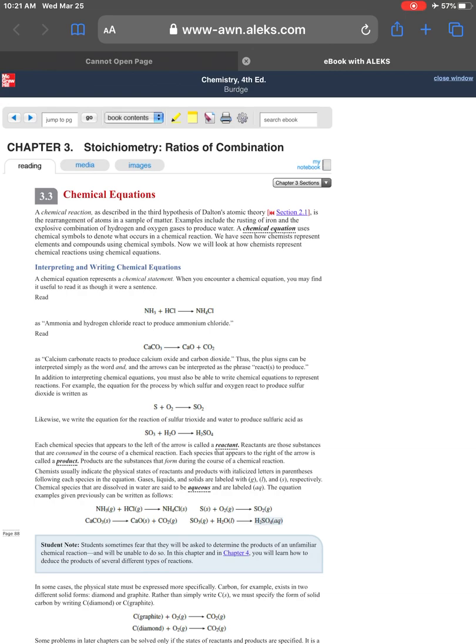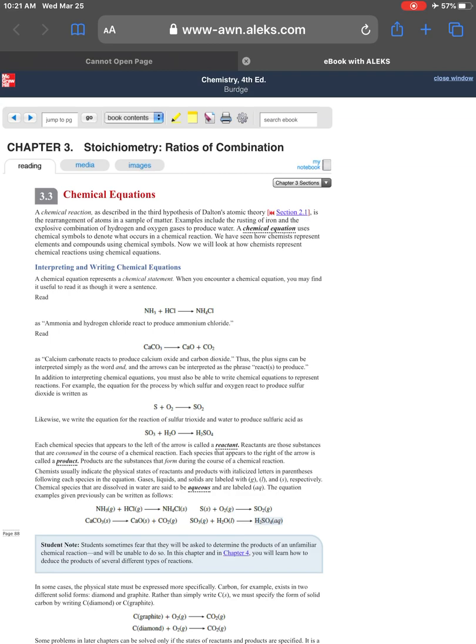Thus, the plus sign can be interpreted simply as the word "and" and the arrow can be interpreted as the phrase "reacts to produce." In addition to interpreting chemical equations, you must also be able to write chemical equations to represent